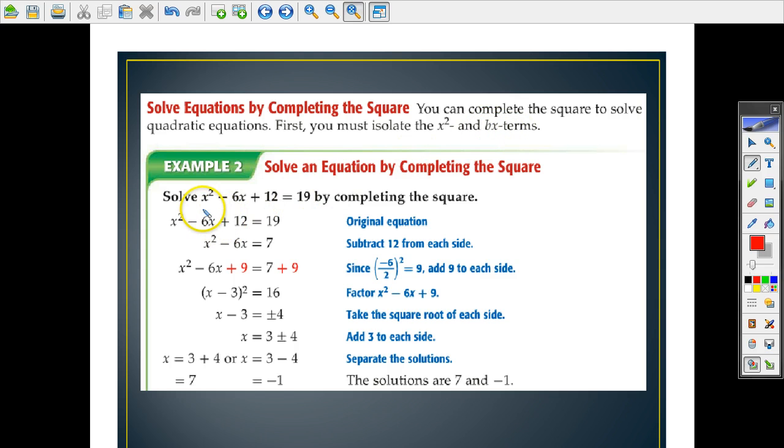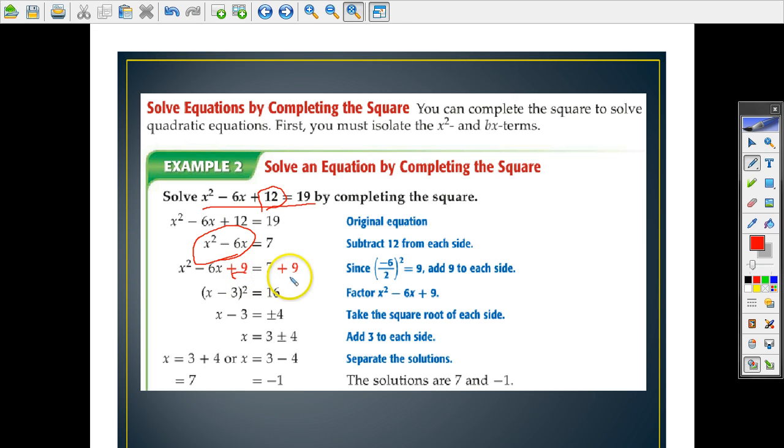Alright, so here, it's not what we looked at. It's not the same kind as example 1. If we move the number 12 to the other side, you have x squared minus 6x equals 7. Now, this is what we're working with here. If you do 1/2 of this and square it, 1/2 of 6 is 3. 3 squared is 9. So if you add 9